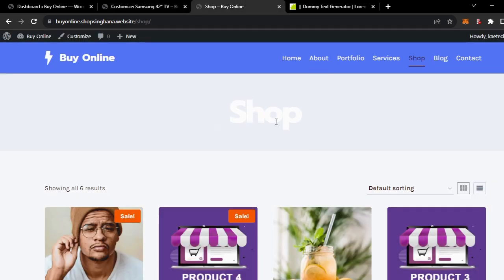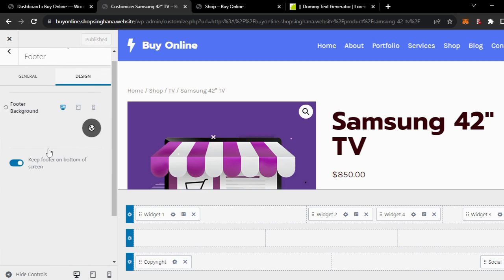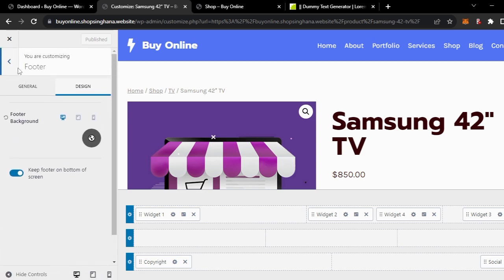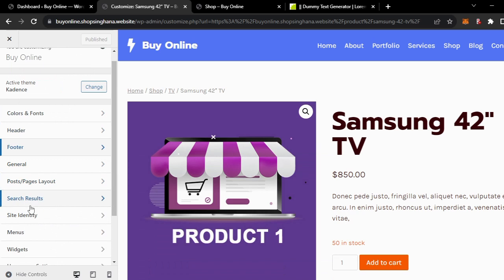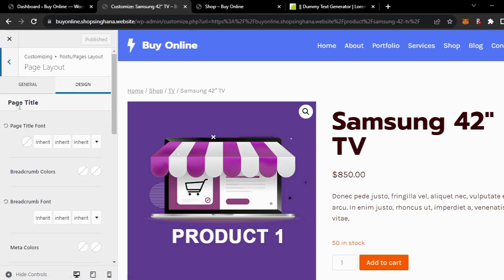So if you look at this page, the page title is having a white color. We want to change the background of this page title, so that the white will pop up very well. That's exactly what we're going to do. So let's look for pages over here. Let me go back, and then I'm going to go for pages, post and pages layout, and then as you can see, I'm going to go for page layout over here, and then the page title